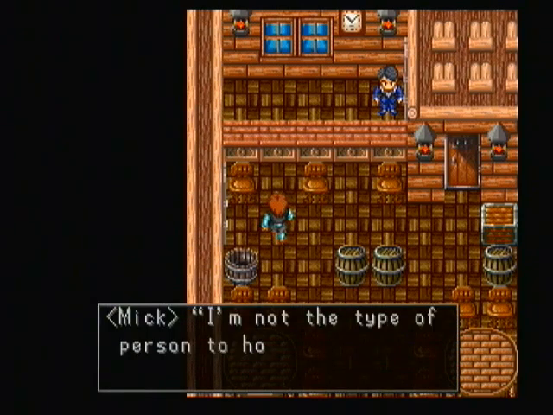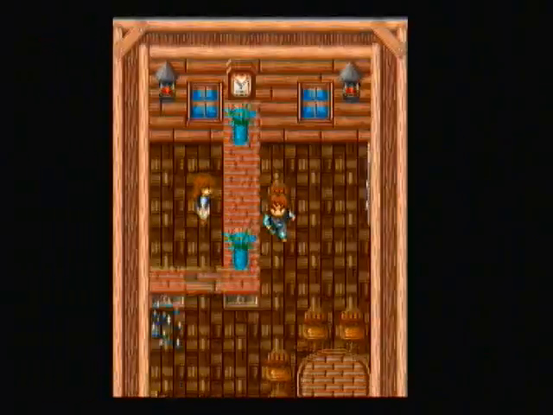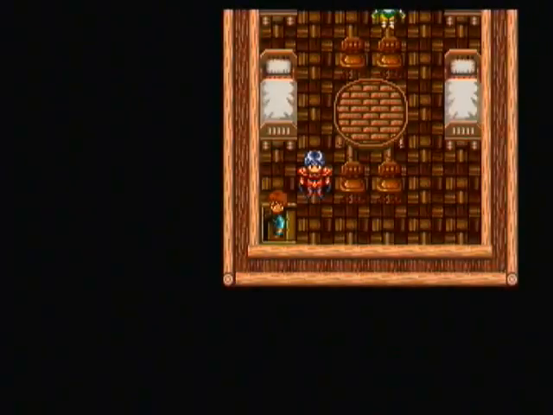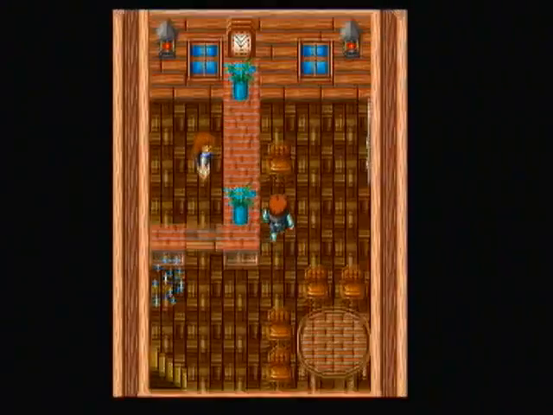Now here's a line of irony. Because here he says he's not the type of person to hold a grudge. He totally holds a grudge later on. Now those two people, they are up here now. So, if I wanted to, I could save, but I don't feel like saving. So, let's go ahead and